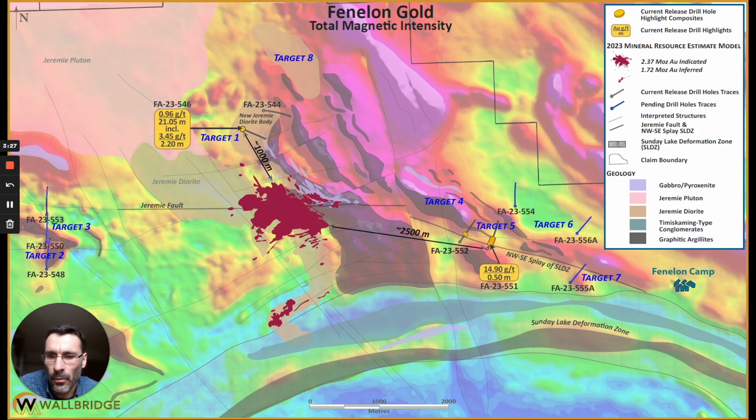So the initial results are very encouraging. We're quite happy, especially on target 1. This was a geophysical target that we identified based on its similarity to the Jeremy diorite, about 1 kilometer north of the Fenelon resource shape. And